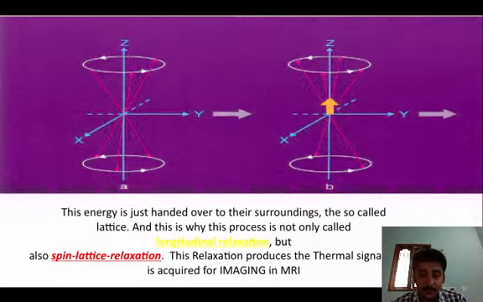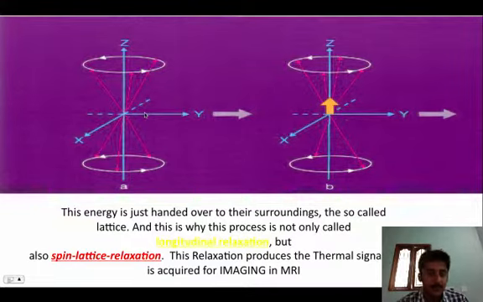So this is why this is called a spin lattice relaxation. Spin lattice relaxation means that we have pushed some protons from the low energy level to the high energy level, so we have an equal number of protons initially. But due to this high energy, these protons can't stay there for much time and start aligning in the previous, usual direction. Then some energy is emitted to the surroundings. So this is called T1 relaxation or spin lattice relaxation.